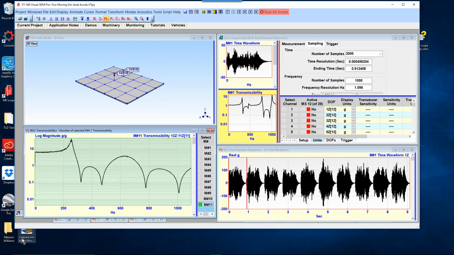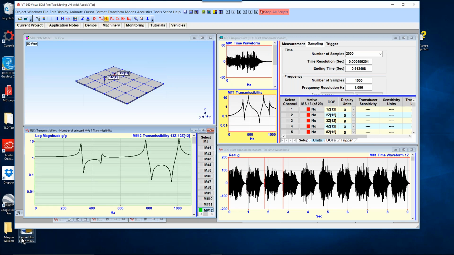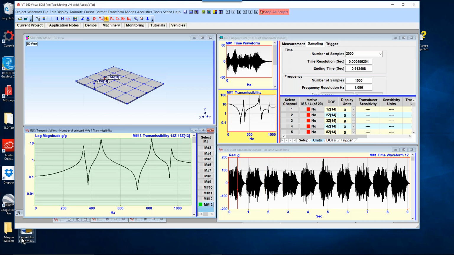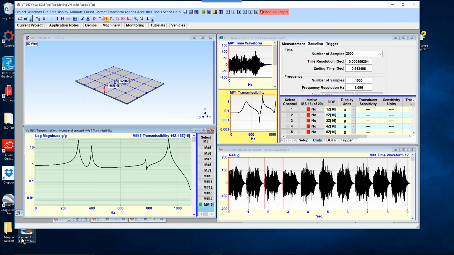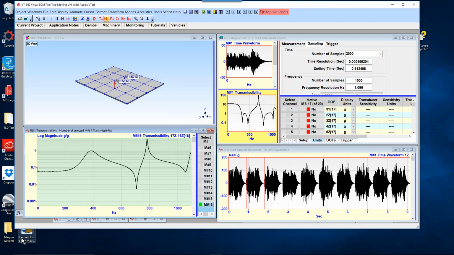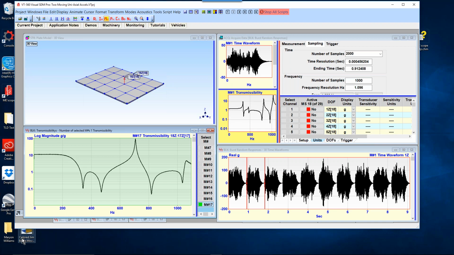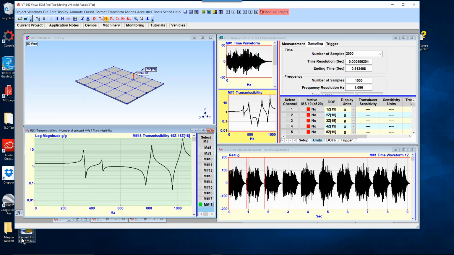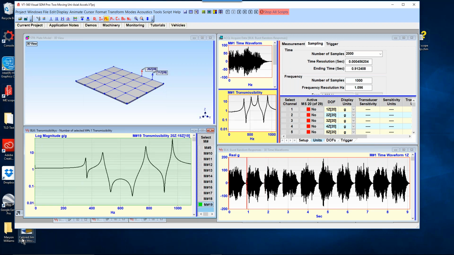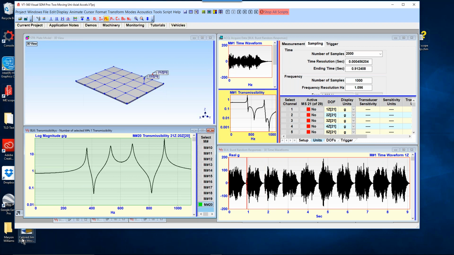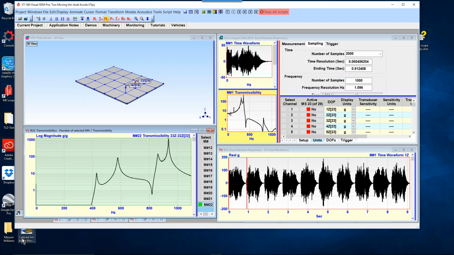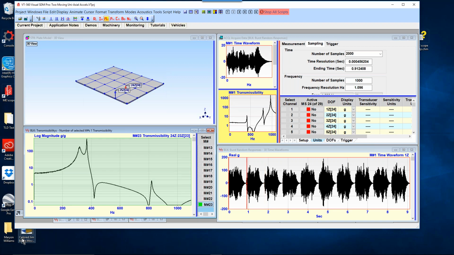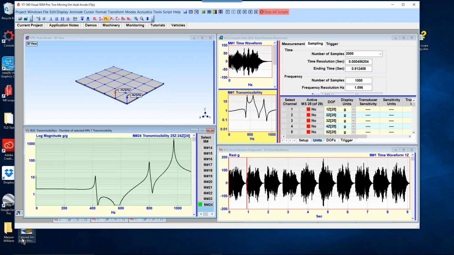So those are the transmissibilities. They're very clean, very little noise, even though we got random responses here. They're completely correlated between each of the pair of responses. This is a little bit ideal in the sense that in the real world, maybe your responses won't be as cleanly correlated from one point to the next, but they should be, because the whole idea is that the structure is responding with these 5 resonances,